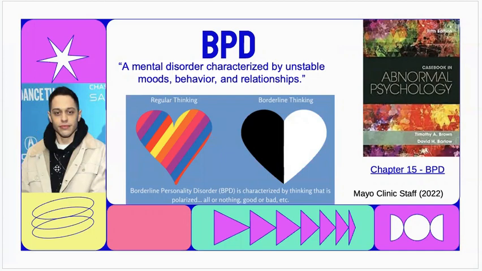I included a picture of Pete Davidson on this slide because he is a public figure who's been very outspoken about his struggles with borderline personality disorder. And I found that this image sums up borderline personality disorder very well at a glance. We see regular thinking, which has color, contrast, slanted lines, which represent that things can be seen from different points of view. And then we have borderline thinking, which has black and white, and they don't intersect. This represents all or nothing, good or bad thinking. And it's easy to see that someone whose thinking and way of life is primarily governed by this mentality has severe impairments in mood, behavior, and relationships.